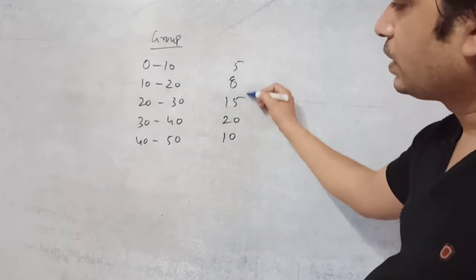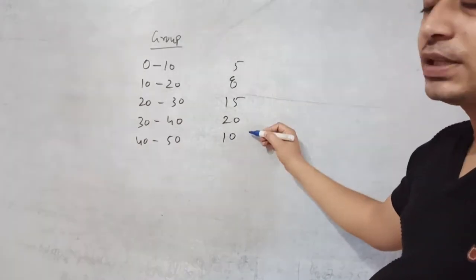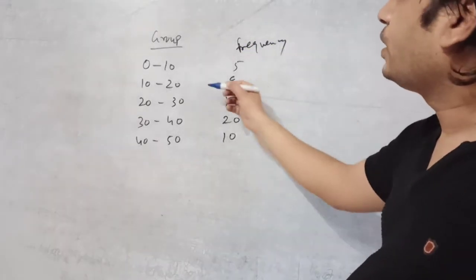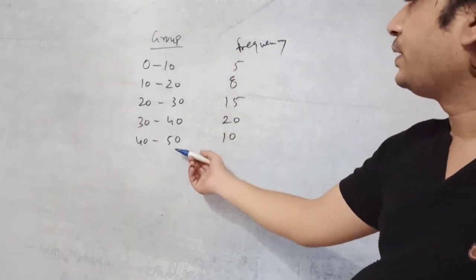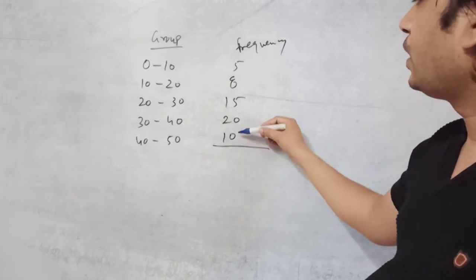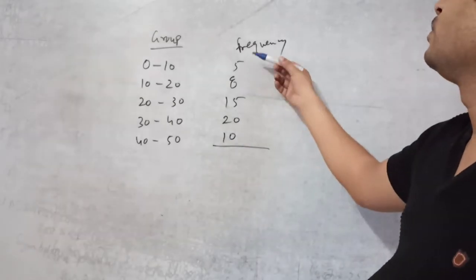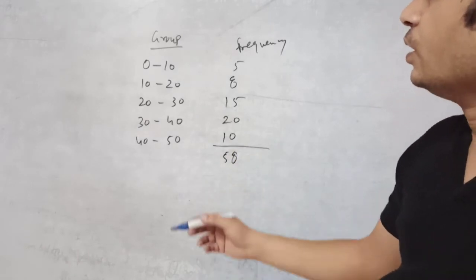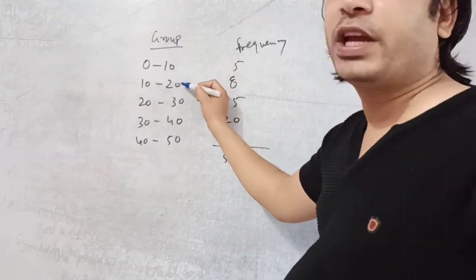So this is known as what? Writing the number of times it is coming, that is known as the frequency. So here we have made this group of the students. So total how many students are there? 10, 30, 45, 50, 58 students are there in total. So here this is the group that we have made.